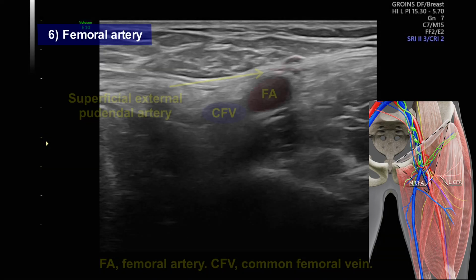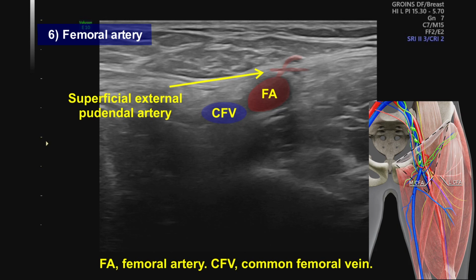Now we will focus on the course of the femoral artery descending along the dorsal part of the femoral triangle, from its base to its apex. At the level of the inguinal ligament, the external iliac artery continues as the femoral artery. Important branches of the femoral artery inside the femoral triangle are the superficial external pudendal artery,